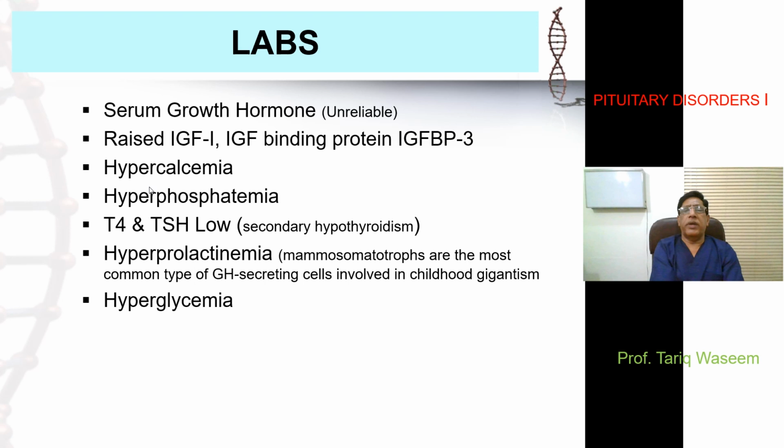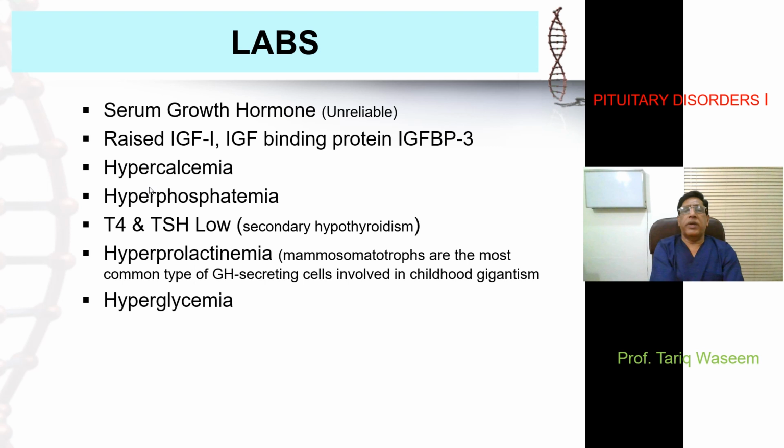But we did talk about how growth hormone has its effect on the liver, and from the liver there is production of insulin-like growth factor 1, or IGF-1, and there is also IGF binding protein 3 which is produced. So if you estimate this IGF-1 level in a static condition without any stimulation test, you can possibly have a more accurate estimation of growth hormone function.